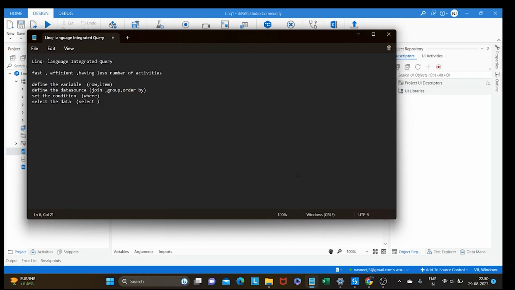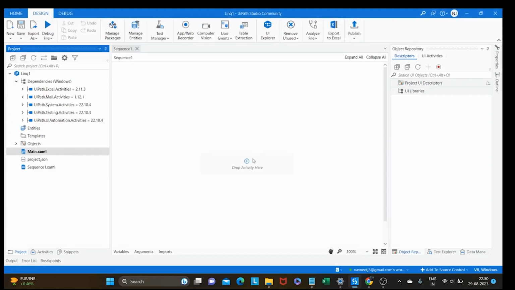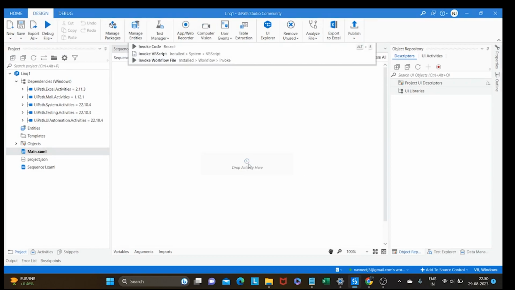To write LINQ queries, there is a certain format. You first have to define the variable, and then you have to define the data source using join, group, and order by. Then set the condition using where, and then select the data. So let's jump onto the workflow and